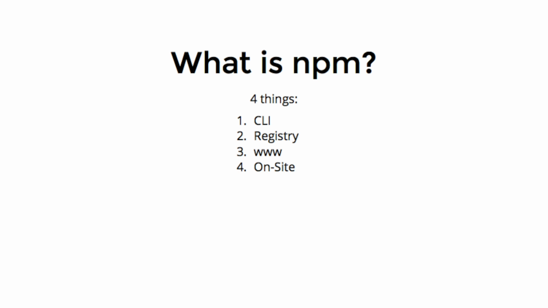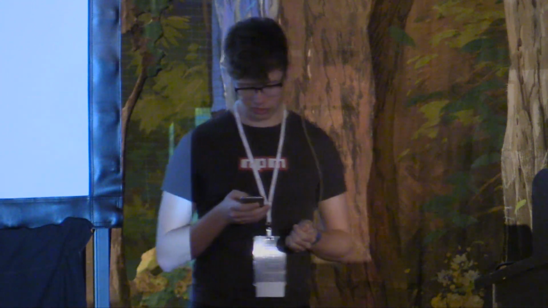NPM is the CLI, the command line client that you run every day. NPM is the registry, the public registry at registry.npmjs.org, which is where the client downloads and publishes the packages. And it's NPM the website, which we call DubDub, which is the primary NPM website where everybody reads packages and documentation. And then there's NPM onsite, which is a tiny copy of NPM, which runs inside the firewall of big and hopefully price-insensitive corporations.